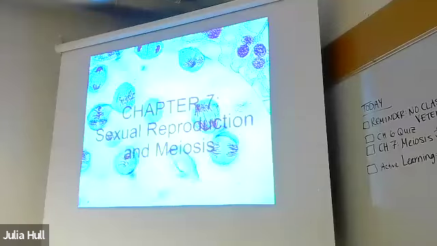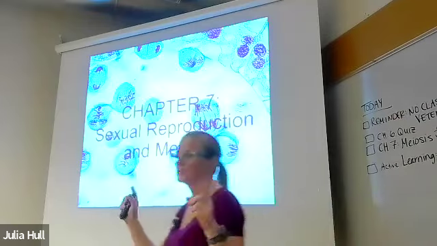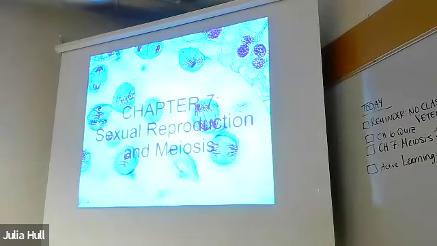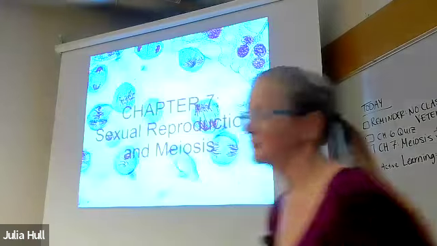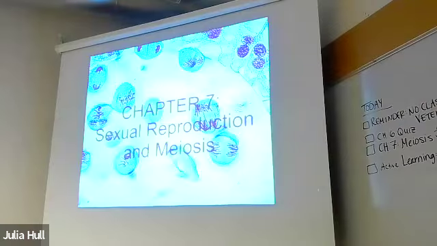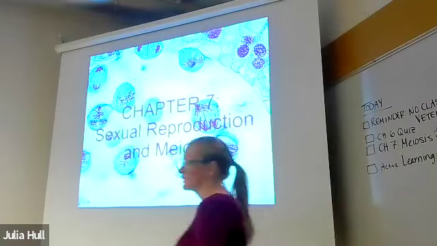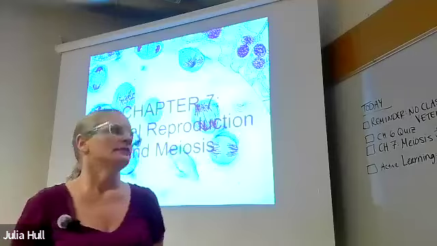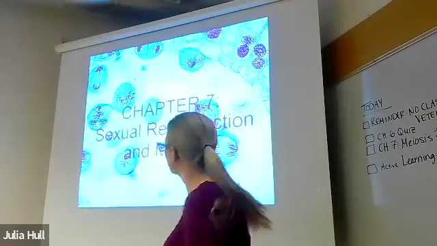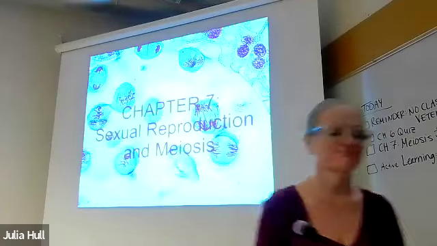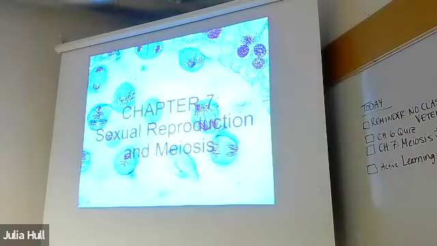And then remind me, how many cells are produced at the end of mitosis? 2. And what is their genetic relationship to each other? They're identical. Okay. So if we only have reproduction through mitosis, we're not going to have genetic variability, which we already decided was a problem. And that's why prokaryotes that can only reproduce asexually have to do this weird horizontal gene transfer that we talked about the first day of chapter 6. We're not even going to talk about prokaryotes at all because they don't have sex. So we're only talking about eukaryotes now.